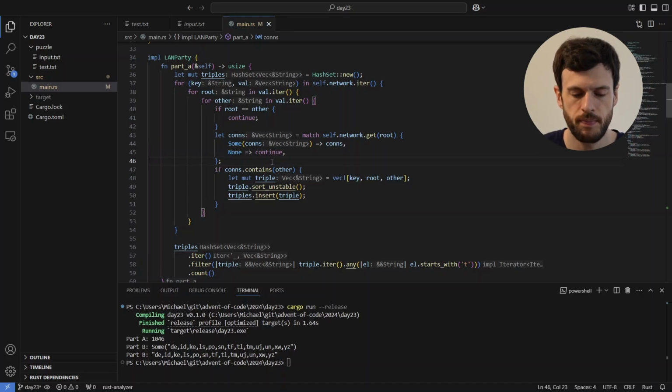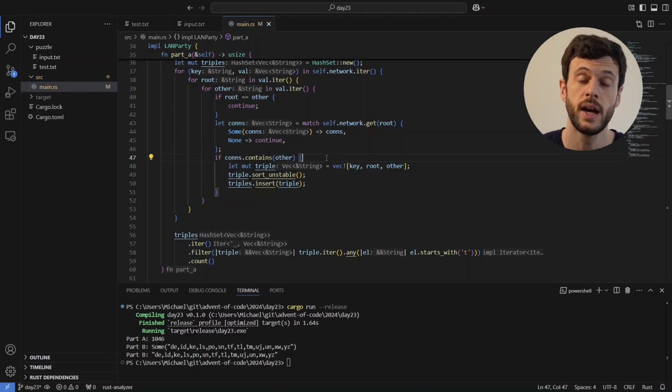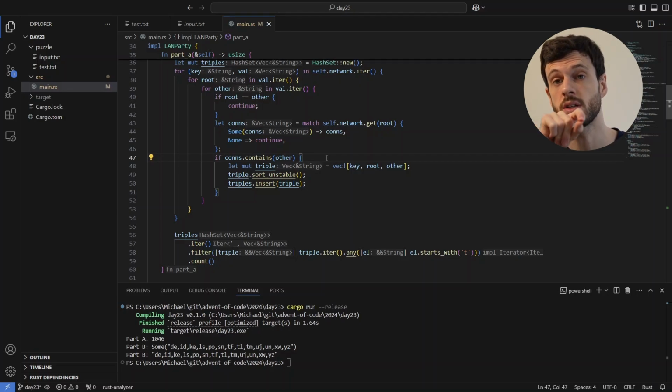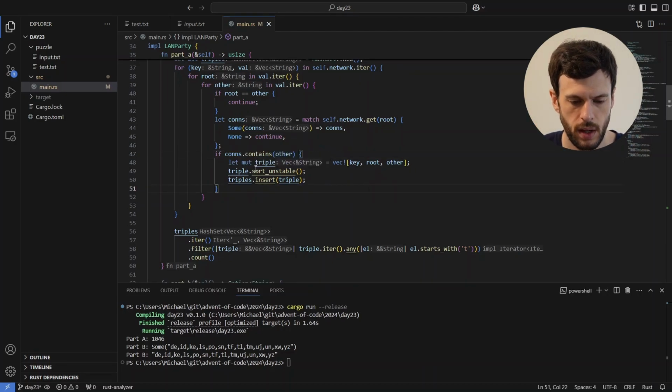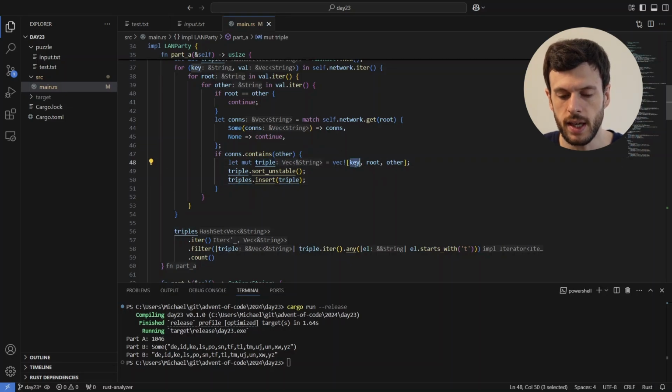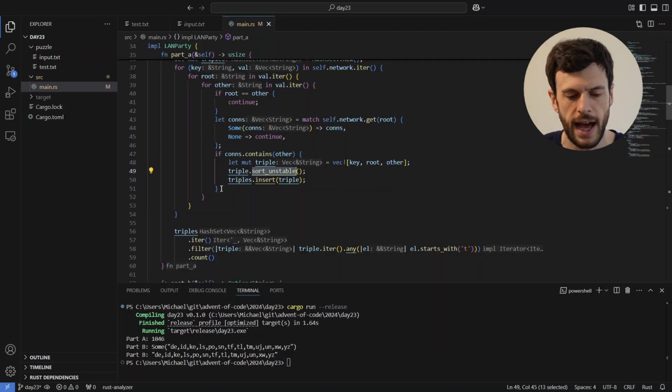If the connections for the left entry contains the right entry, then the original entry is connected to left and right, and the left entry is connected to the right, which means that they must all be connected together because they're all bidirectional connections. That means that I can create a triple from the key, the root, and the other. I can sort that so that I don't get duplicate entries where the sorting is different,